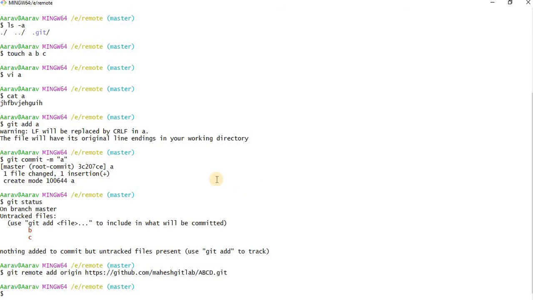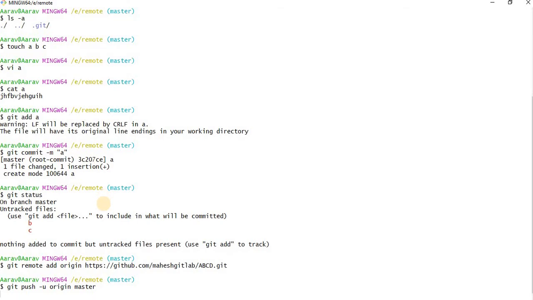Okay, now you have to push this. So for that you have to push this command to local to remote. For that, git push -u origin master. So master to origin. As I said, in new releases, it will be main instead of master. So you can use main also if you are at main branch. If you are in master, you can use master. So just give enter.